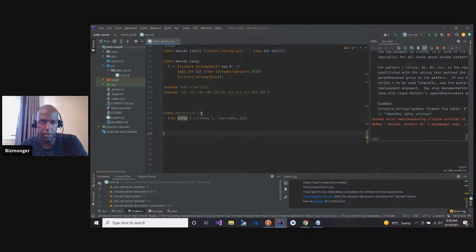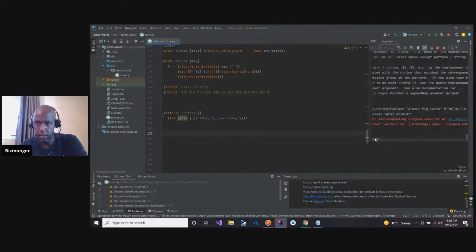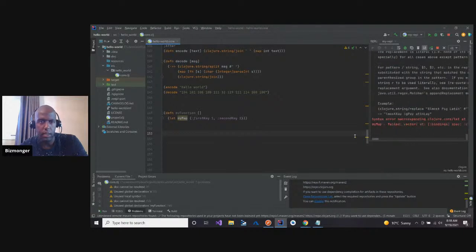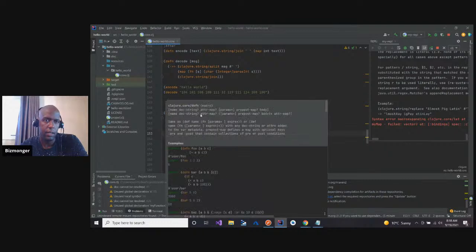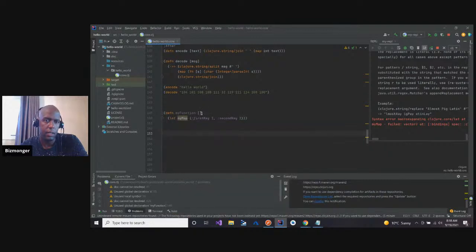I thought I had to have a vector in here. And this says my map failed vector add binding spec. I thought when I'm defining something, I'm supposed to have a vector.